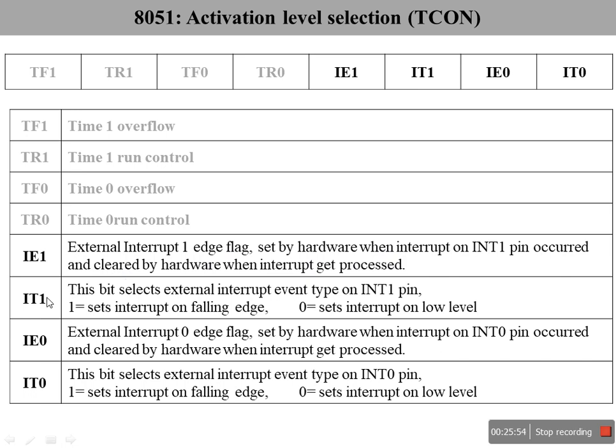Whereas IT1 selects the external interrupt event type, that is, what type of event has to be seen so that an interrupt will be generated. If you give 1 here, the interrupt is set on falling edge. When you give this bit as 1, the hardware will be checking for that. So with IT1 at 1, the interrupt will be generated when there